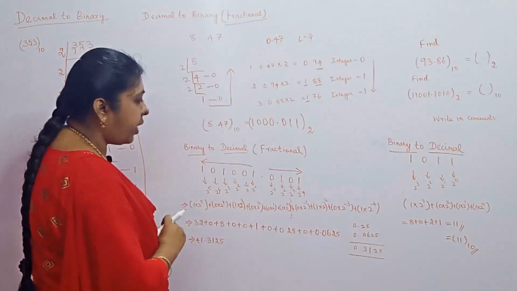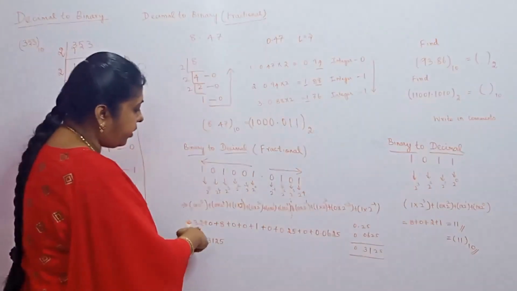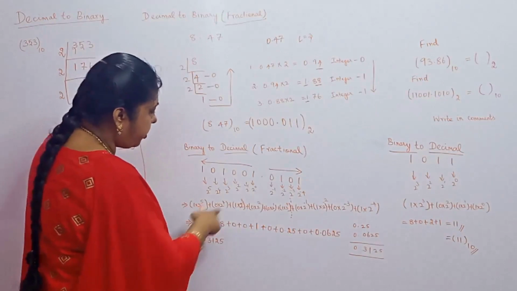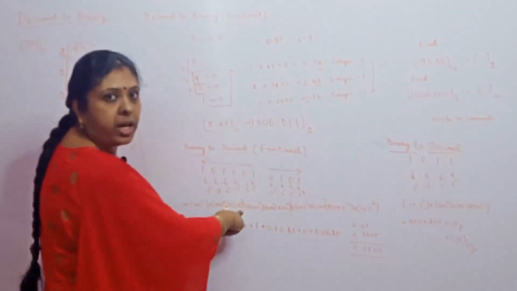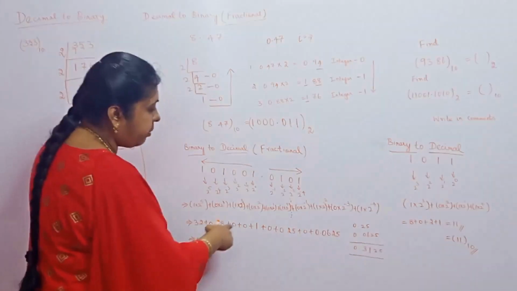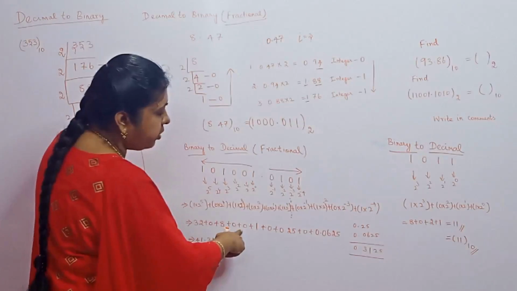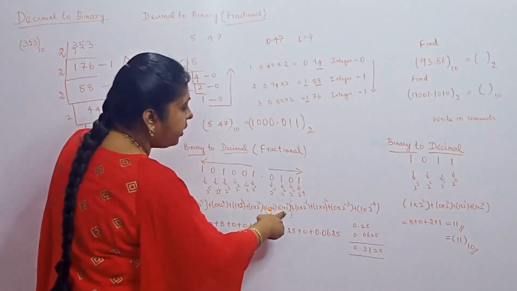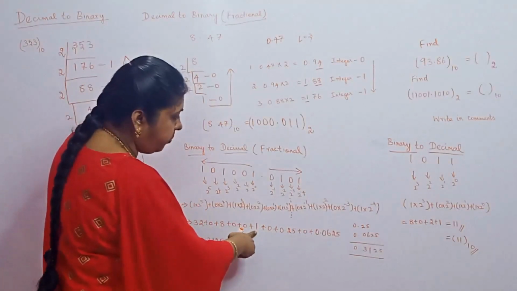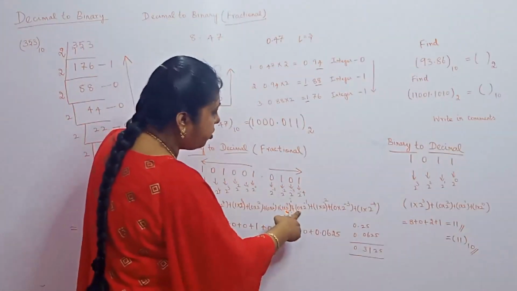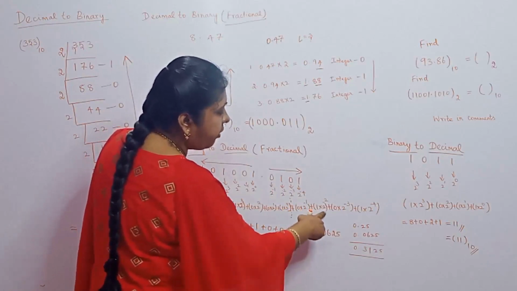1 into 2 power 5 gives 32. 2 power 5, the value is 32. This is 0, 0 into 2 power 4, and 1 into 2 power 3. 2 power 3 value is 8, so 8 is represented. Again 0, again one more 0, 0 into 2 power 1, and then 1 into 2 power 0, that is 1 into 1, which gives 1. Again 0 into 2 power minus 1, 0, and then 1 into 2 power minus 2